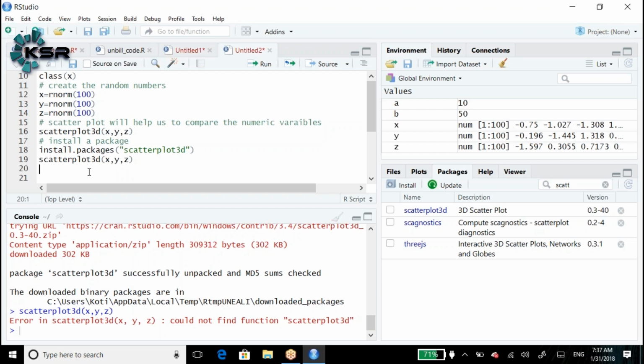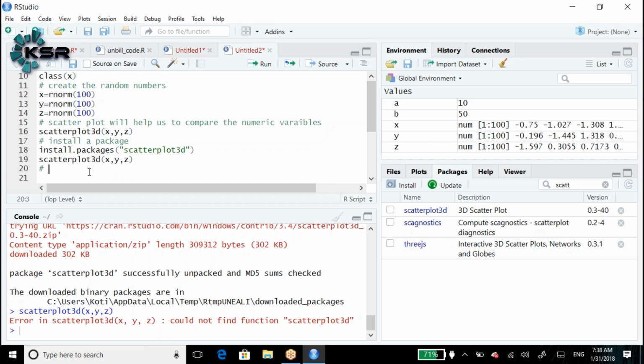If you install the package, it doesn't mean that you can use the function unless you invoke that package into R. Unless you invoke the package into R, you cannot use it. Now, how do I invoke the package into R?